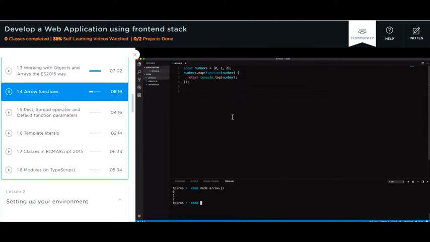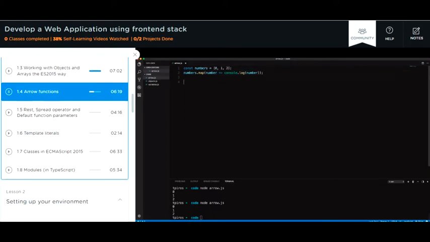So remember what I said about the syntax rules. If there's one argument to the function, we do not need to specify parentheses, and we need to use the fat arrow syntax. Now, since we have one line of code with a return statement, we can make this return statement implicit by removing the curly braces as well. And voila, we have simplified our code that now uses the arrow syntax, and the result is going to be exactly the same. So let's now take a look at another example and see what we can do with regards